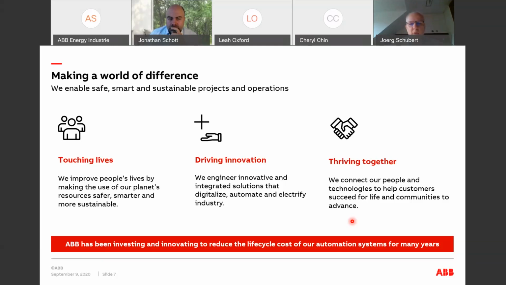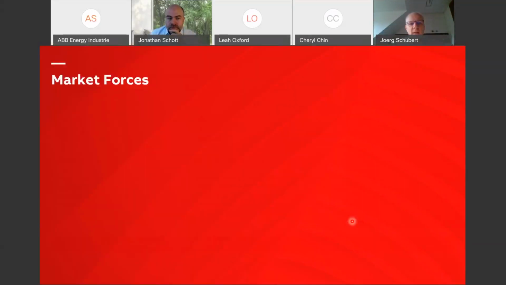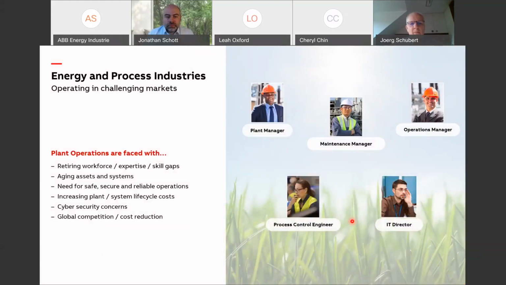So talking about open automation today is nothing that is kind of new to us or something that has just recently been introduced. I would say it is part of our driving for innovation, fabric in our genes, and we have been pushing for that for a long time. The reason for that clearly is that we are seeing the markets moving.